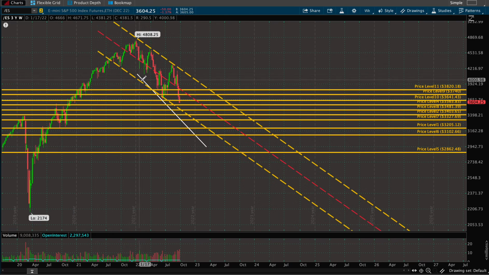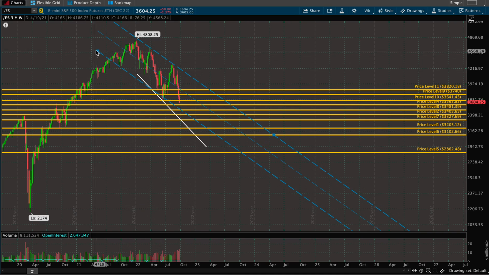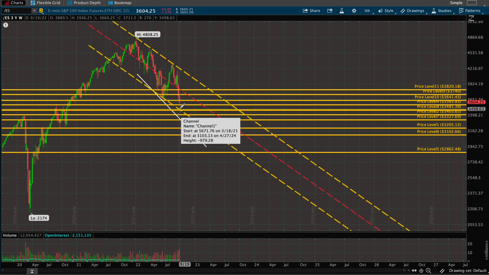That bottom touch did not do a good job, so there we go. If you look at that channel, then it almost is breaking down and coming down to that